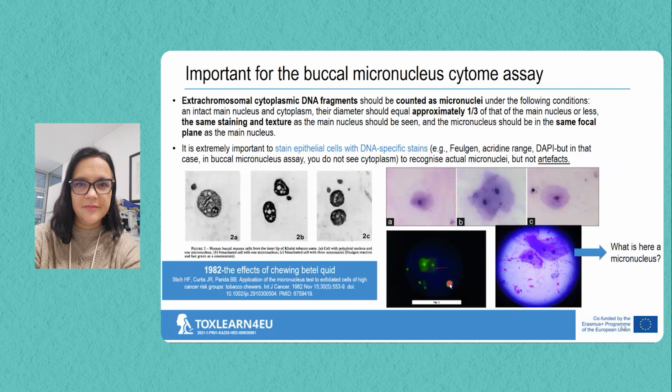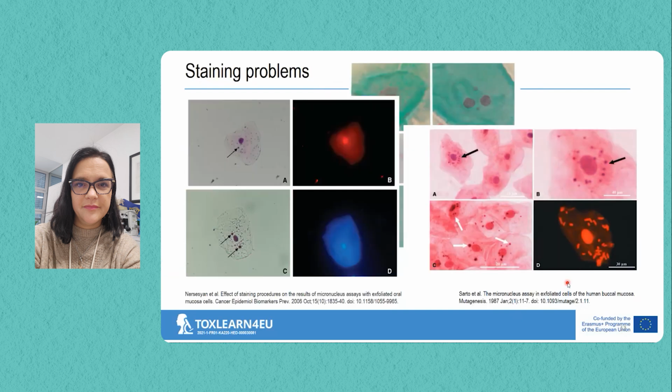Here you can see different staining. This is one fluorescent stain. So also the question is, what is here a micronucleus? So it is really hard to answer this question. Here you can again see what were the problems when you have a lot of bacteria, and to check which filter, which staining to use. And you can see what were the problems, if you are interested in that, in those two manuscripts.